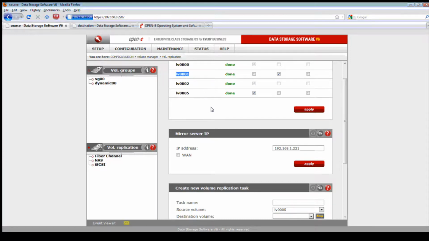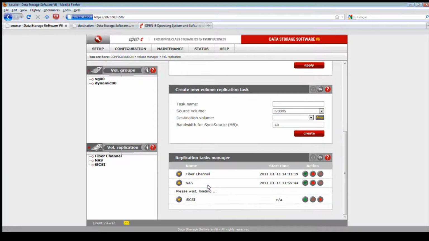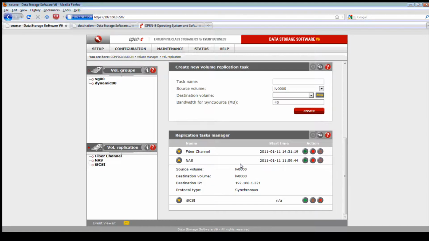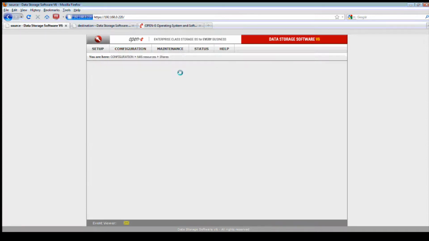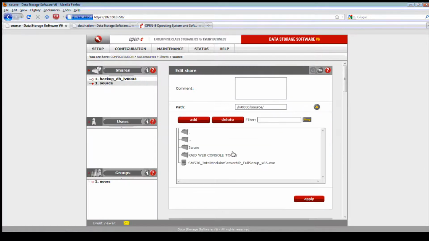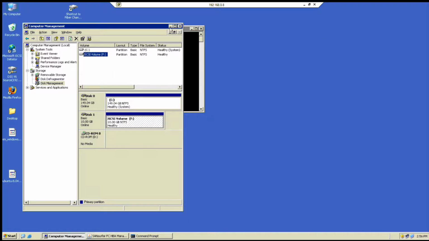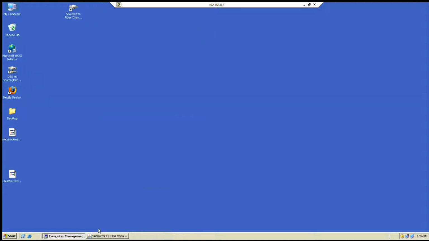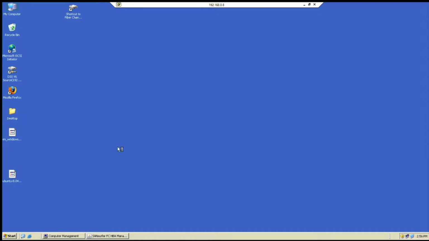Now, if you'll permit me, I'd like to go right into the next phase, which is the NAS volume replication. We talked about different types of replication with NAS. One is data replication, which is at the file level, and one is at the volume level. So if we go to our volume replication, we see the NAS volume here. We will probably update this with a notation of which one's which. Even I myself would like to have that information. What is LV001? Is it NAS, iSCSI, or Fibre Channel? Well, I have to go down here, and many of you will too, but in the meantime, we will do some more development on it.